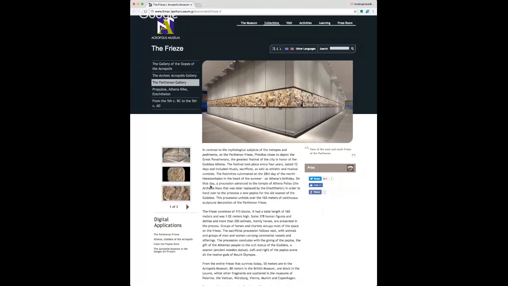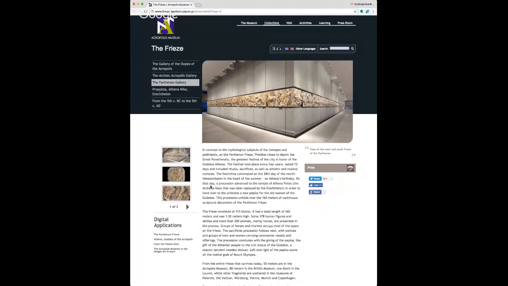These marbles are sometimes called the Elgin marbles because they were famously taken off the Parthenon in the 19th century by a British aristocrat, Lord Elgin, and most of them are in the British Museum. Greece wants them back. I personally think Greece should have them back. Editorializing, the Greeks have built this amazing museum, the Acropolis Museum.